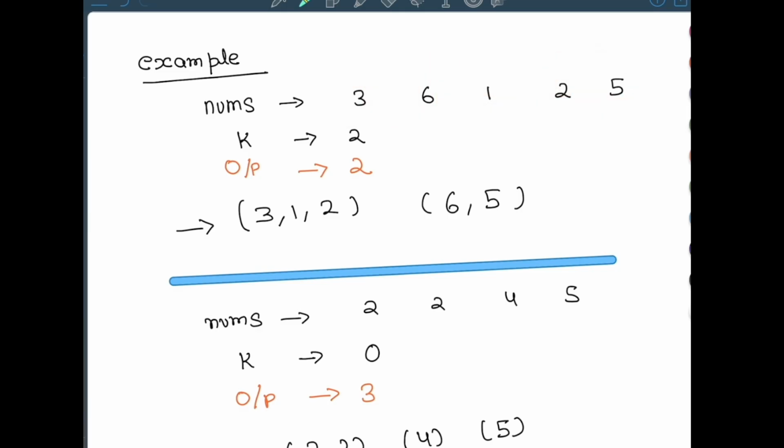But let us say the input is very large. The input has 500 elements. Now you need to solve this question on pen and paper, right? Then you can have a lot of different ways to solve it. One of the ways you can say, okay, if 3 is the first element I have in my first group,